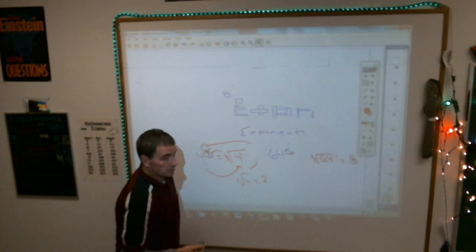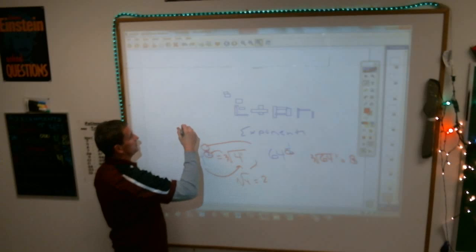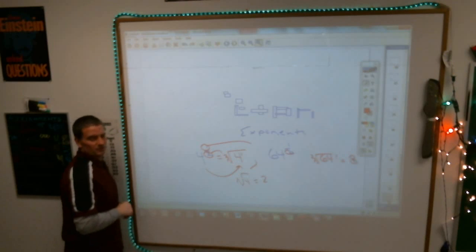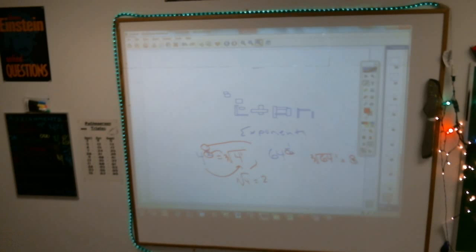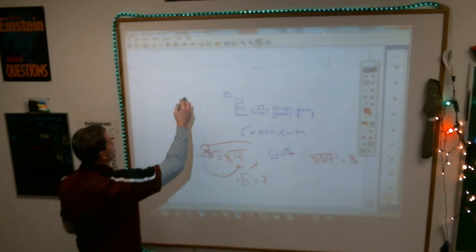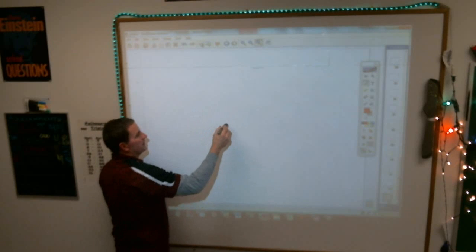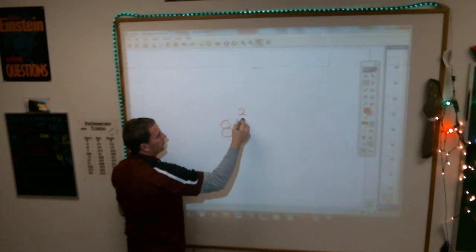Now, here's where it gets a little goofy. What if it was something to the 2/3 power? I have to try to think of one that actually works out. Is there one here they give us? I don't think they do. Which one would work out? Let's do 8, because 8 may work out. 8 to the 2/3 power